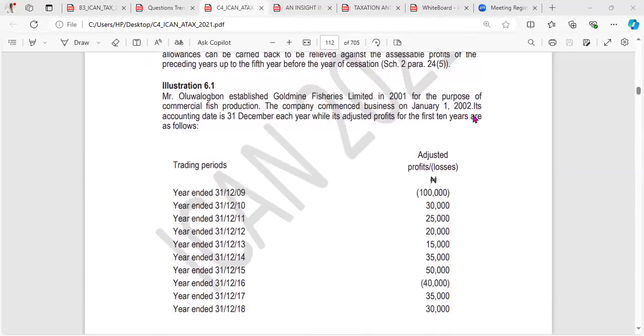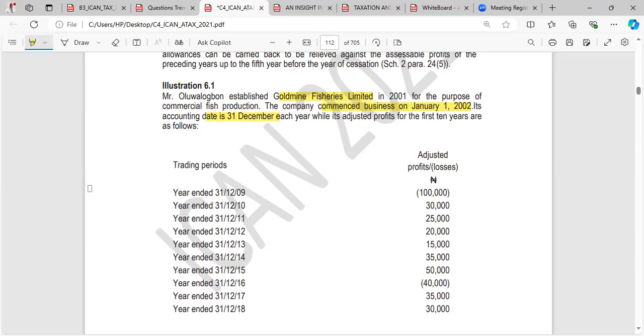Now let's look at a question. Mr. Olowalogbon established Gold Mine Fisheries Limited in 2001 for the purpose of commercial fish production. Now, because this is Gold Mine Fishing Limited, it is a company. The company commenced business on January 1, 2002. Its accounting date is 31st December each year,